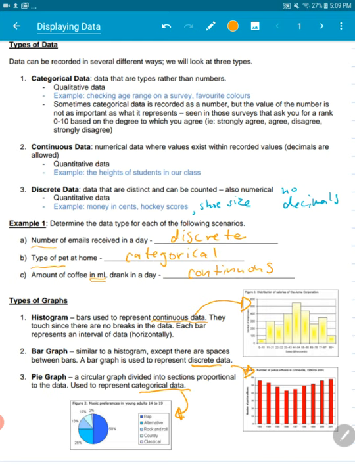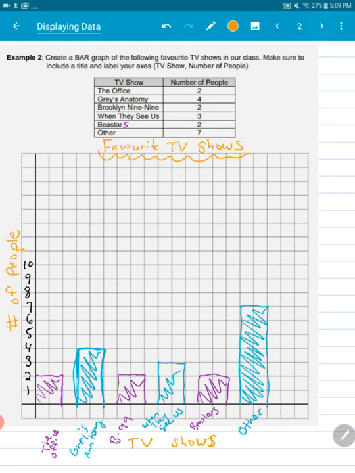Those are your 3 types of graphs, and we're going to take a look at how to make those as we go forward. So the first one is already done for you. Here, I'm not going to take the time for you to watch me make a bar graph because we already did a video on bar graphs. Just some things I want to maybe point out,